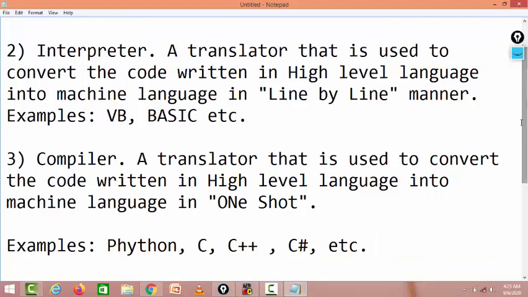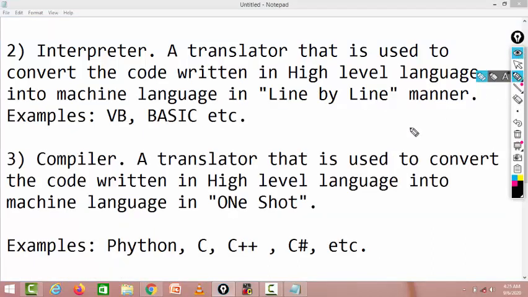Now one important question in the mind: which one is better? Well, every translator, like the interpreter, has its own plus points and demerits, and the compiler has the same. Most programmers say that the compiler is much faster as compared to the interpreter, and it is much more reliable and efficient, but it's not a thumb rule. Interpreter has its own advantages, while on the other hand the compiler has its own advantages. So it depends आपको किस environment में किसको यूज करना पड़ेगा.